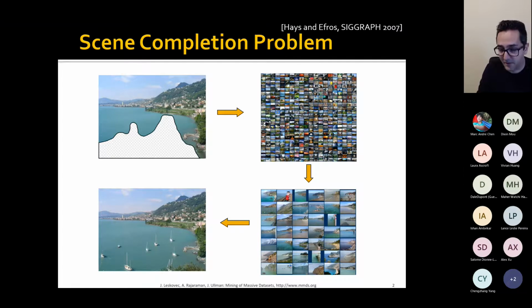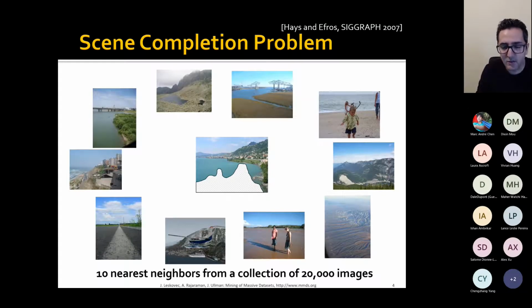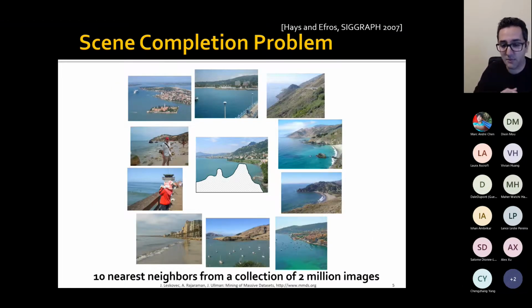So this is what we want to do today, finding similar items. If we have a data set that contains only 20,000 images, these will be the top 10 most similar images to the original one. You can see that really none of them is that similar, right? But if you do the same thing, but this time we search in a data set that has 2 million images, we will find many images that are pretty similar to the target photo, and we can actually repair it,